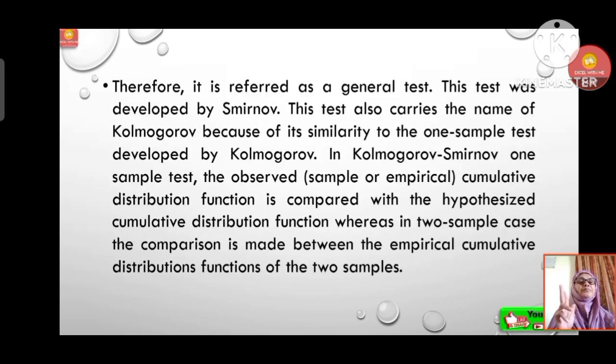This test was developed by Smirnov. It also carries the name Kolmogorov because of its similarity to the one sample test. In the Kolmogorov-Smirnov one sample test, the observed sample or empirical cumulative distribution function is compared with the hypothesized cumulative distribution function, whereas in two sample